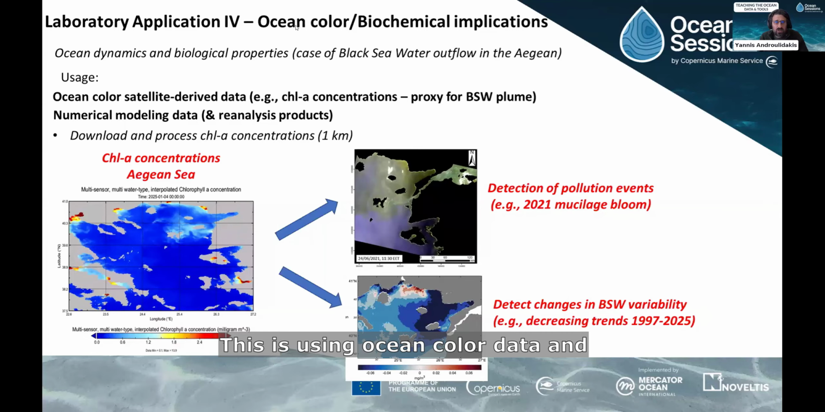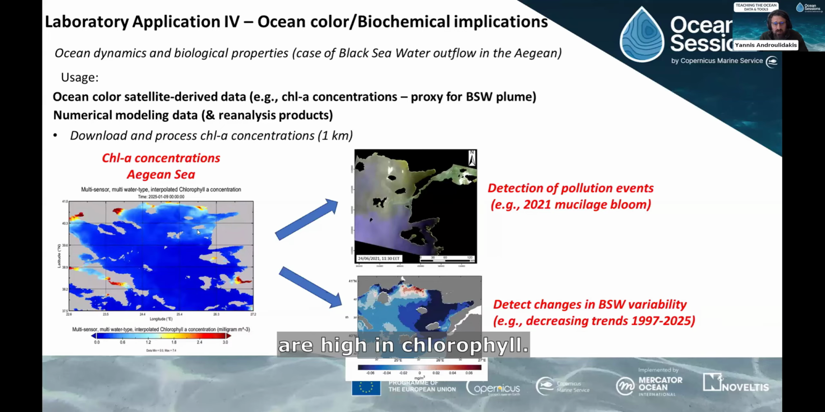This is using ocean color data, and this is an example that we train in the course to detect the Black Sea water outflow. This is the North Aegean where you have the Black Sea water coming. And so we use this data to detect the spreading of these waters, which are high in chlorophyll, and